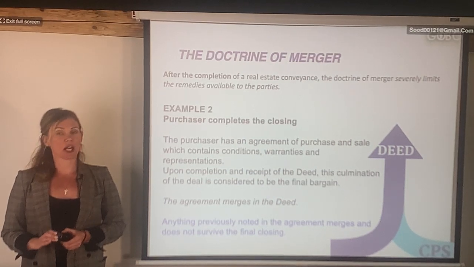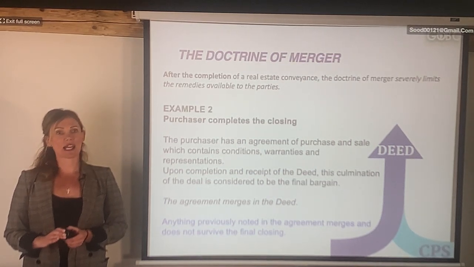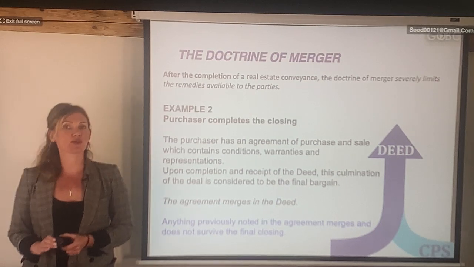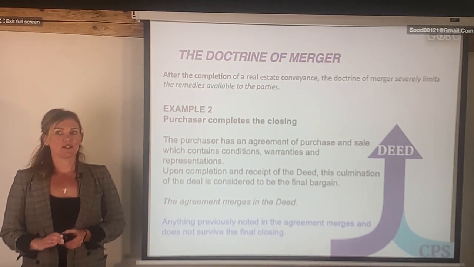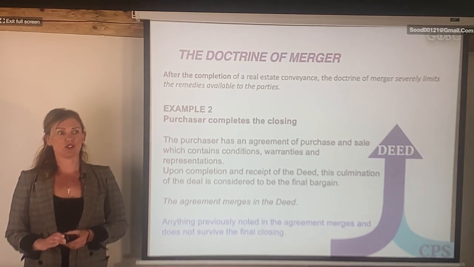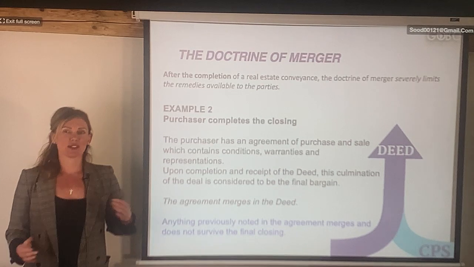You already gave a deposit, but now you say, look, you can't get me that rezoning and I can't build my 6,000 square foot home, so I don't want to buy it. So as a buyer, he can walk away still. And the seller says, but I don't want to give you the deposit back because you did not complete. And the buyer says, but you did not get me my rezoning. You see the problem is?